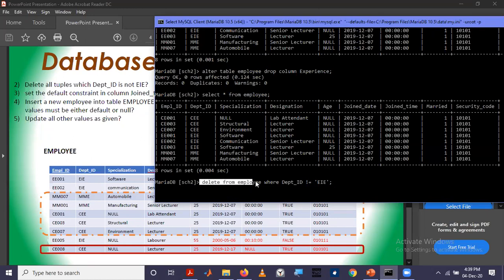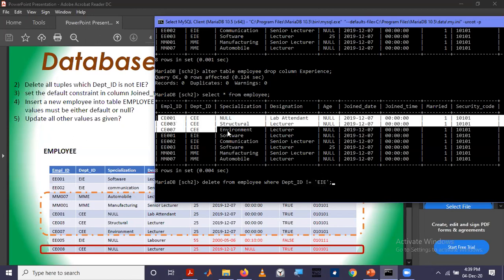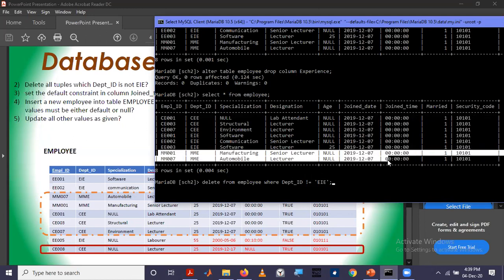So delete from this table which satisfies this condition. All tuples from the table which satisfy this condition will be deleted. What are the tuples satisfying this condition? Department ID not equal EI is these three tuples and these two tuples. So they will be deleted from the table.